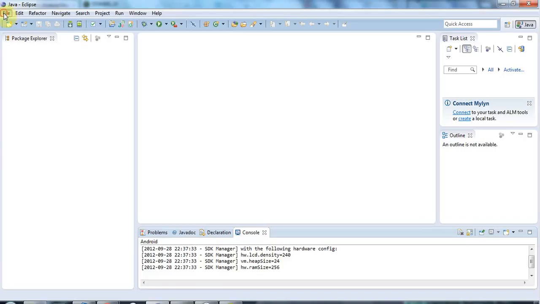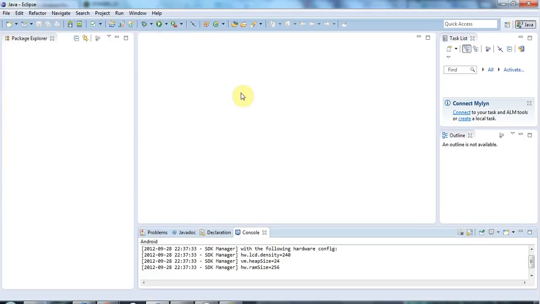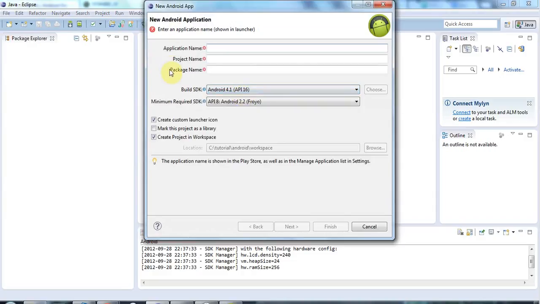So in Eclipse I'm going to go to File and New Android Application Project. Now I'm going to give this a name, and I'm actually going to work towards building a little sample application that lets you just enter some notes and save them. So I'm going to call this Note Squirrel,